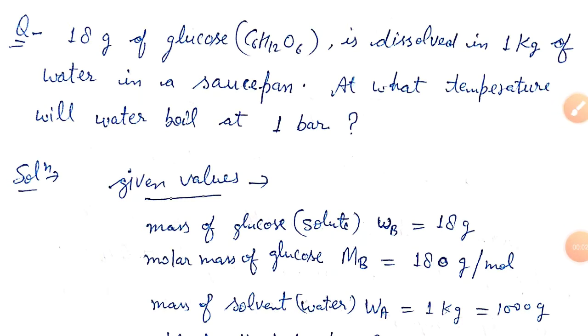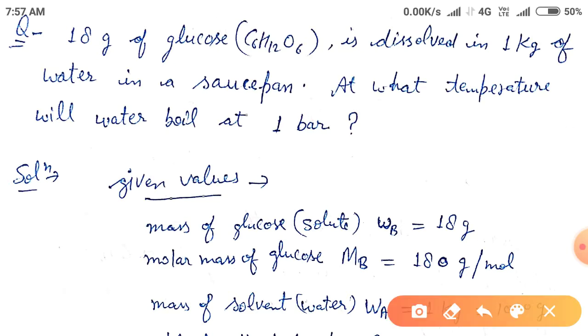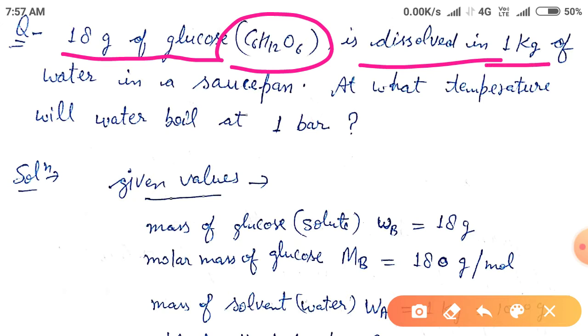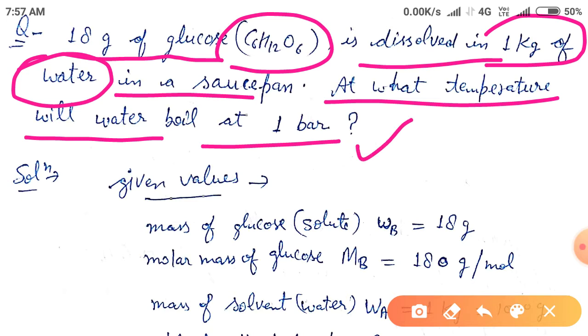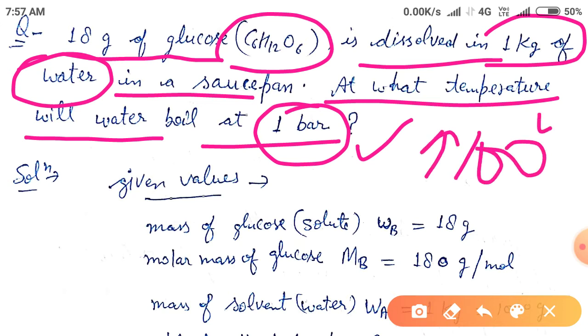Now the question based on the elevation of boiling point: 18 grams of glucose, whose formula is C6H12O6, is dissolved in 1 kg of water in a saucepan. At what temperature will water boil at 1 bar? At 1 bar, we already know that water boils at 100 degrees Celsius,